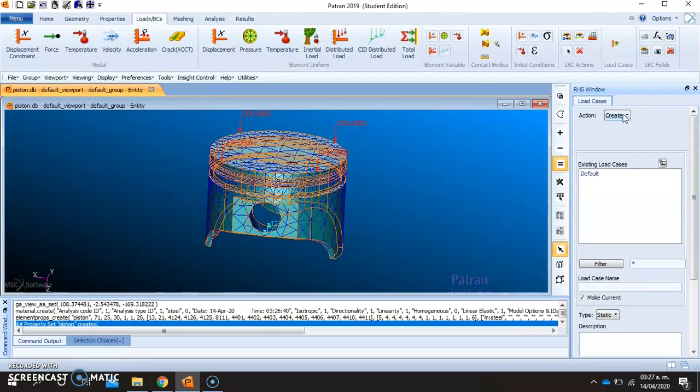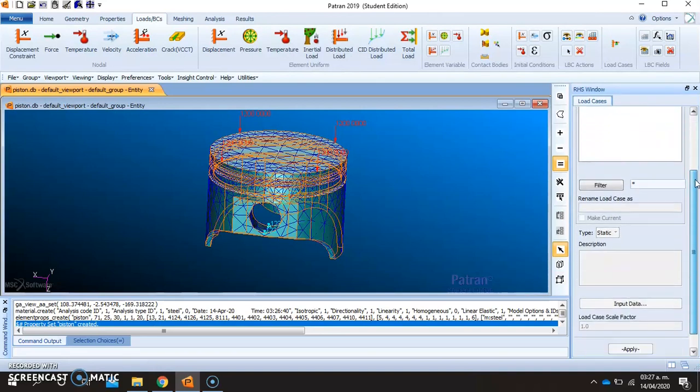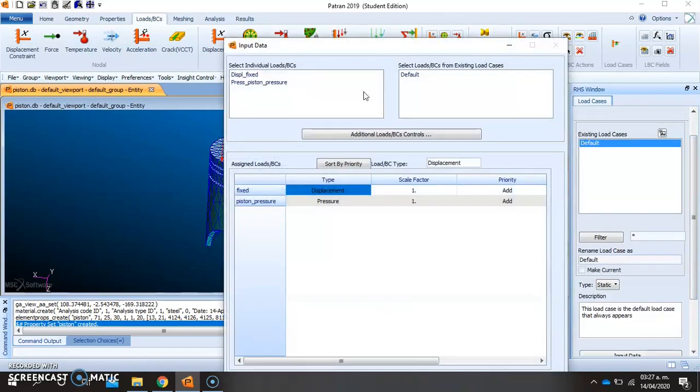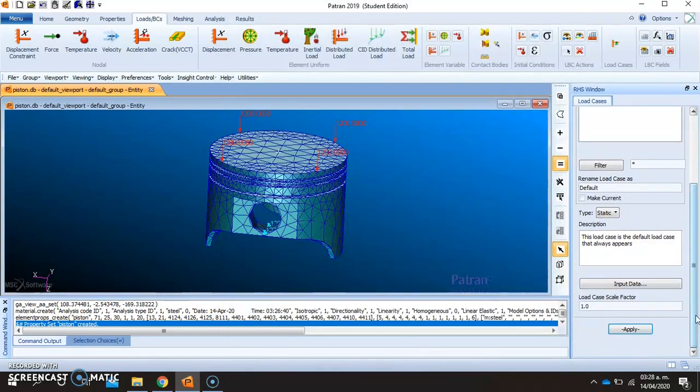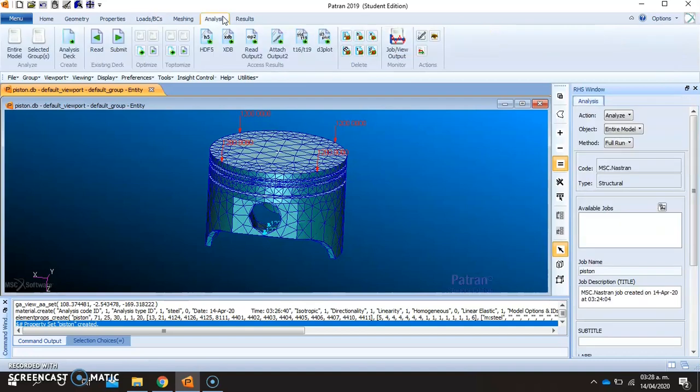After that, we need to check the load cases. So we go to Load/BCs, Load Cases, we select Default, and we just check that the correct loads are assigned, and click Cancel. Now we are ready to analyze. So we click on Analyze,